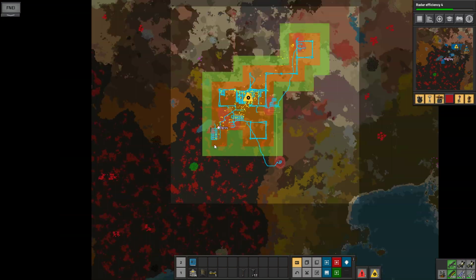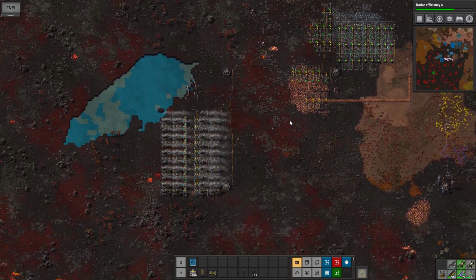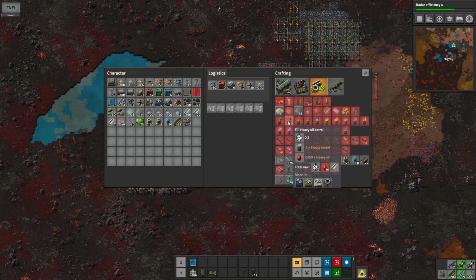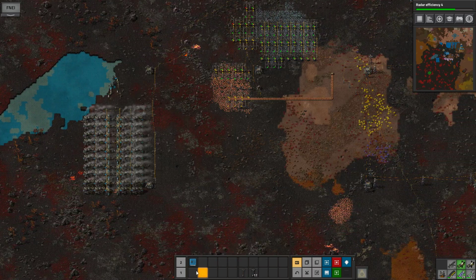So where can we cut it off? We're pretty much exposed right here in the middle. And the best thing would just be to kill the biters. And I could probably do it with nanobots. That probably gives me what I need to kill them. Or else I'll just do, let's remove these, say